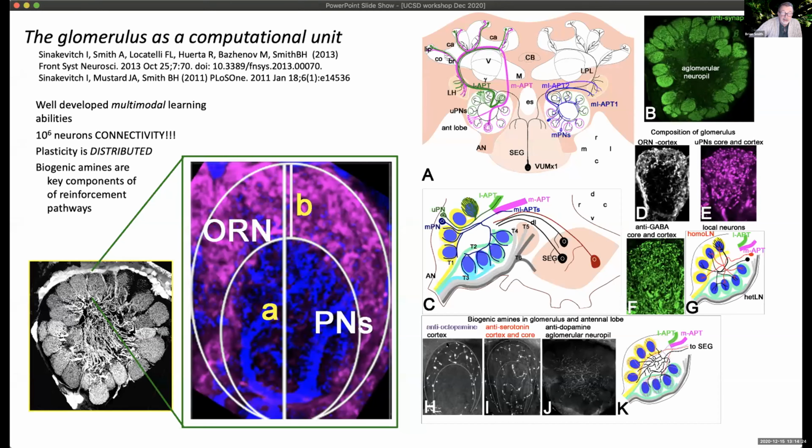Now I want to focus a little bit on the octopamine here right now. This neuron is called VUM MX1. It was discovered probably 30 or 40 years ago now. It's a cluster of neurons that sit here at the base of the brain and receive input from sucrose-sensitive taste receptors. And when the bee gets sugar, it releases octopamine all over the brain,